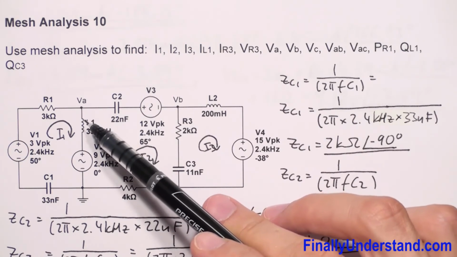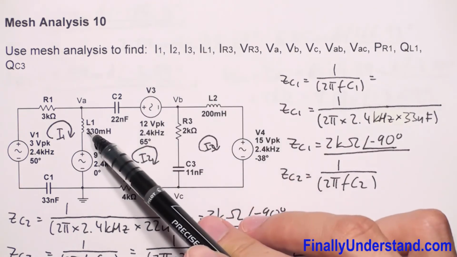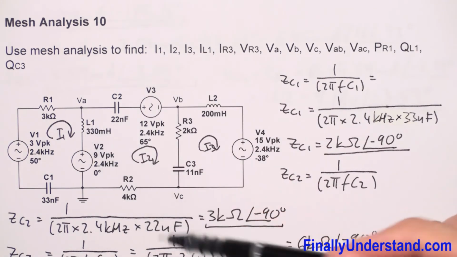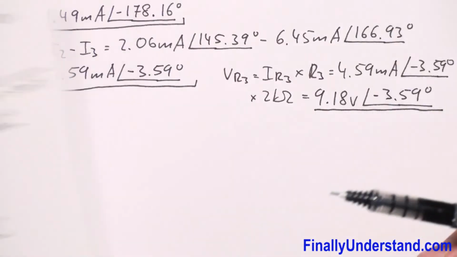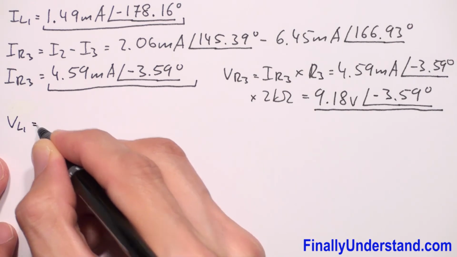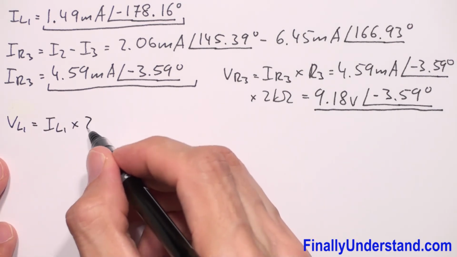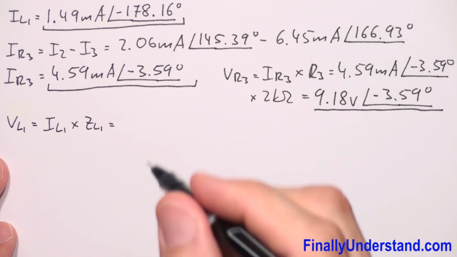We found already the current because the problem asked me for current, so now I have to find the voltage across this inductor. Okay, so VL1 is equal to IL1 times ZL1,